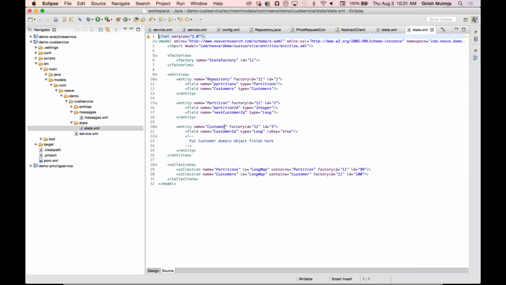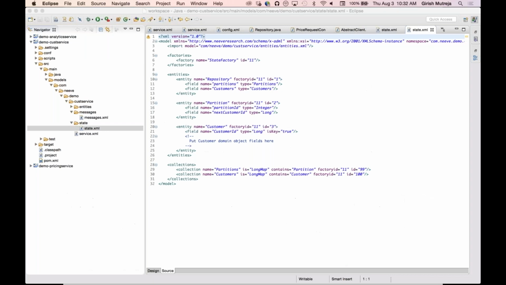I'm not going to go into details, but effectively this state is defining a collection of customers that are rooted on a repository object and giving you an object tree, which serves as the private state for the service. This customer collection is now accessible using POJOs in the business logic, which I will talk about in a minute.